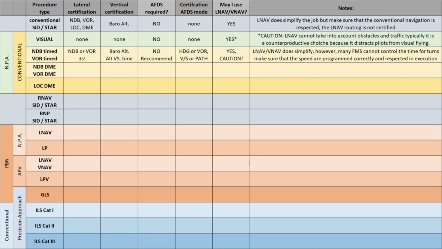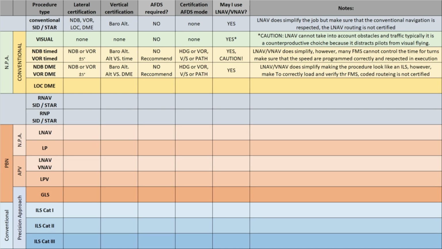If you have a VOR DME or an NDB DME, again, same as above, you are certified 5 degrees from the navaid, still at barometric altitude, there's no requirement for the autopilot. And once again, you should use heading or VOR for the lateral, and you should use VS or flight path angle descent for the vertical. Once again, you can use the LNAV-VNAV, and this time, yes, you do have a real advantage in using LNAV-VNAV,